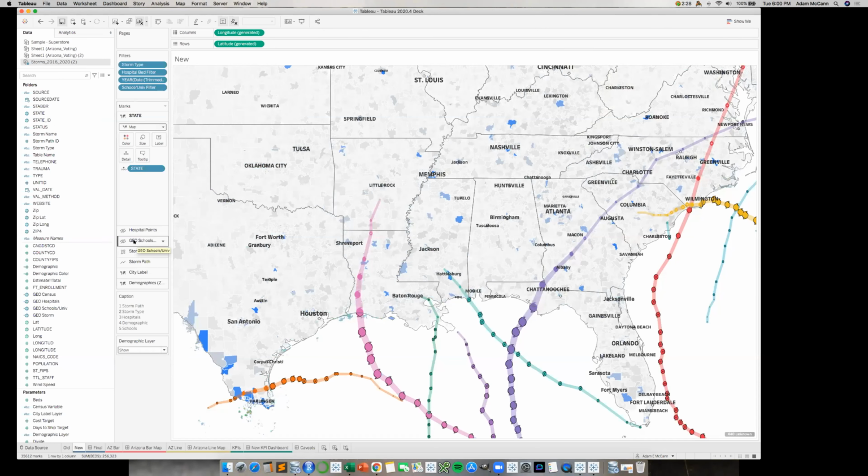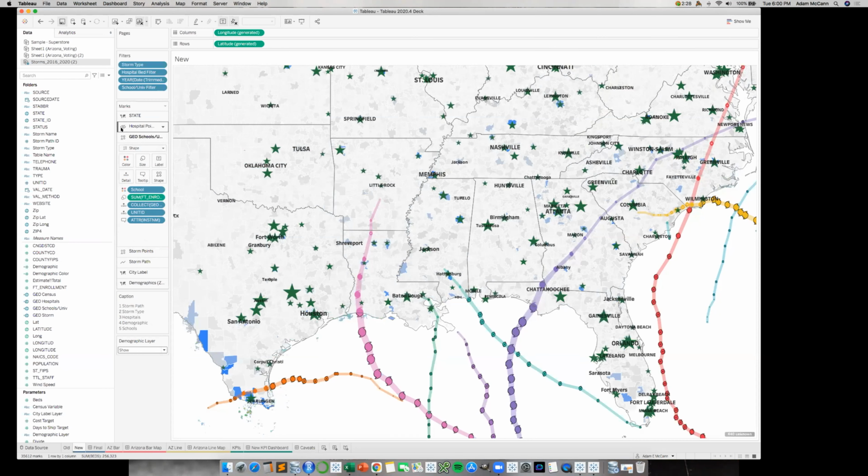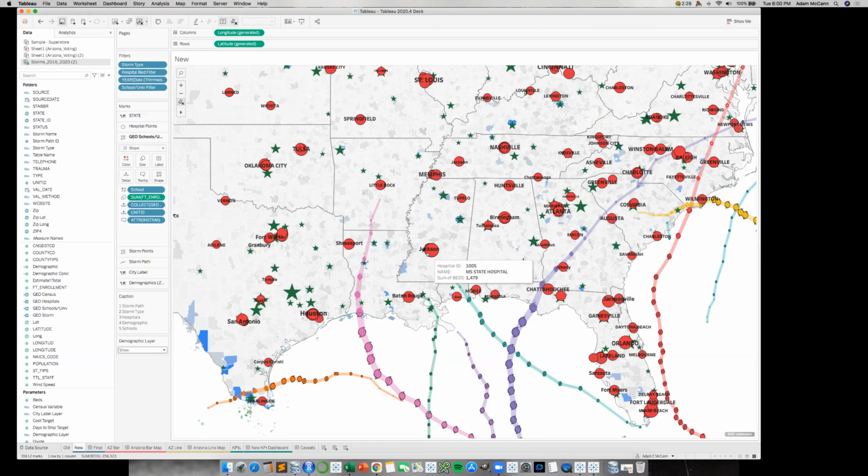But what if I want to add schools? So I have schools here as well. This is coming from another data set. I'm going to make it visible. And now my green stars are schools sized by the total populations. And what if I want to add hospitals? And I can add them by red dots sized by the total number of beds. They all have different tooltips that I can dictate. They can all have embedded chart types. And now I have a very busy, very rich map that has 7 layers.